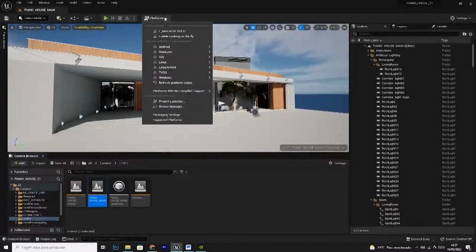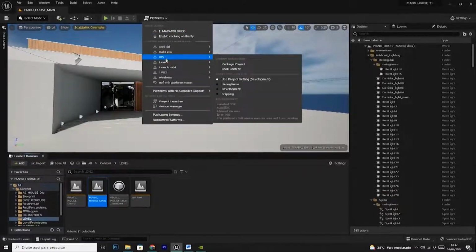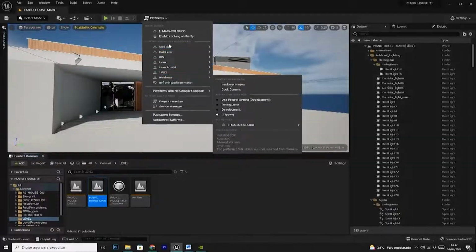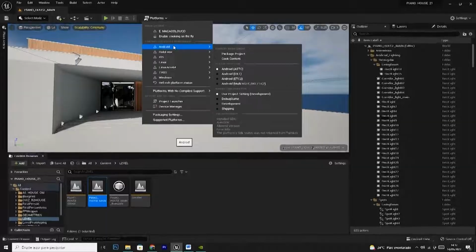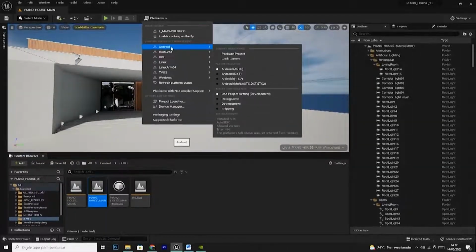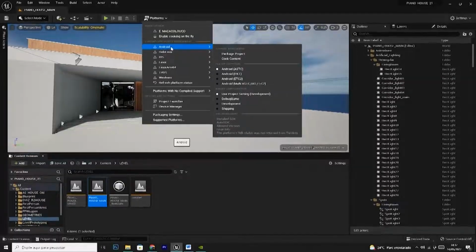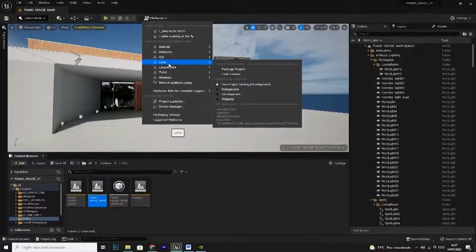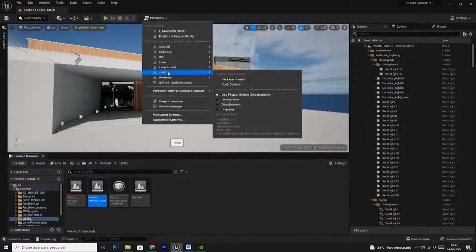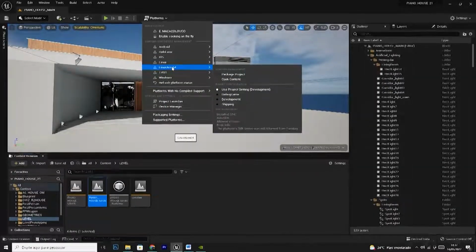It's really simple. Just come up here, okay? And we can see the number of different types of platforms that we can package our game for. There's loads. For Android, you can get it for, export it for a phone, iOS devices, even PlayStation as well. Several different platforms. So it all depends, of course, on your target device, where you want to be sending it